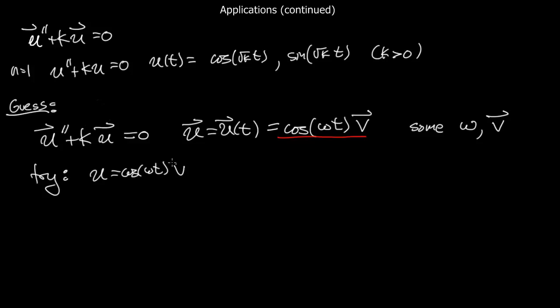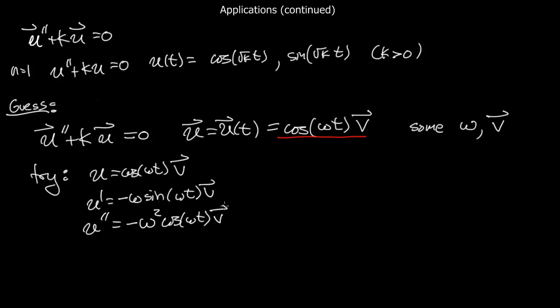And the way you do this is you just make this guess and then you try it and plug it in. So if u is equal to cosine omega t v, then u prime is minus omega sine omega t v. And u double prime is minus omega squared cosine omega t v. And so you plug this in and you see that you get the equation minus omega squared cosine plus k